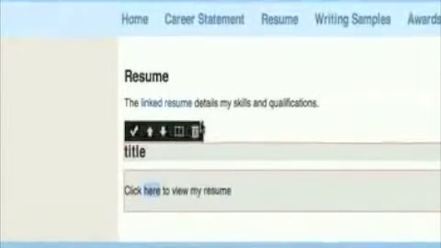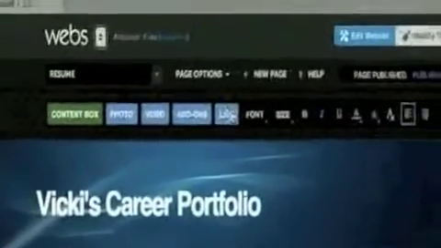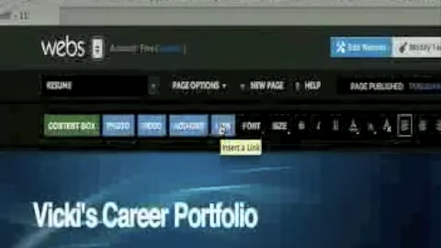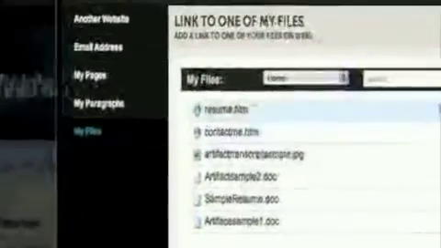Then, this is where it gets a little tricky. Now, how do I add a file? What I want to do is go to the link section. Okay? So I've already saved my file, and now I go into the link, and it gives me an option to link from a bunch of choices. So I'm going to link it from my files. And these are all the files I've uploaded. So I find the resume that I want,